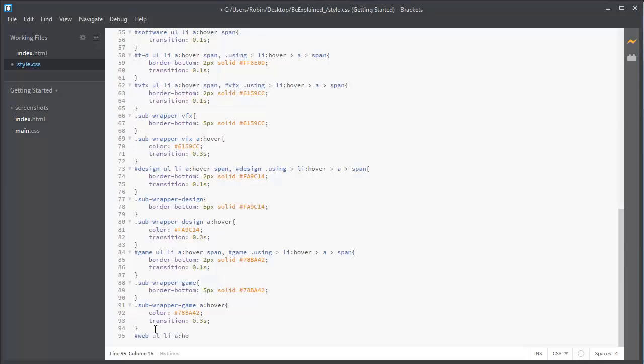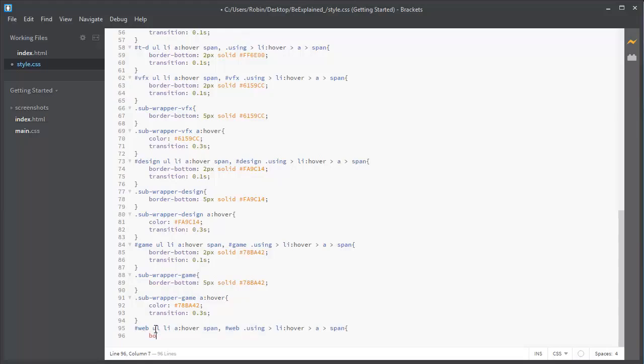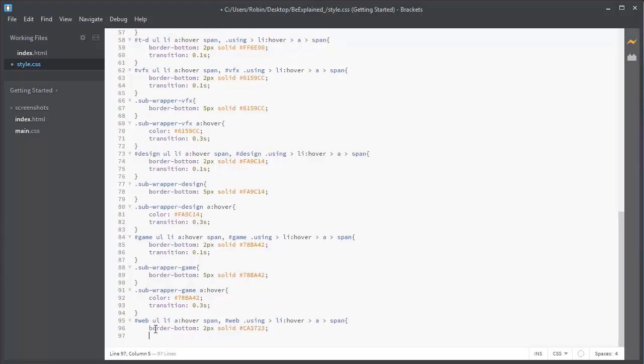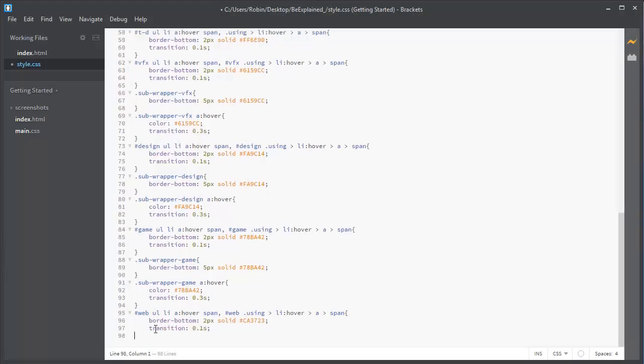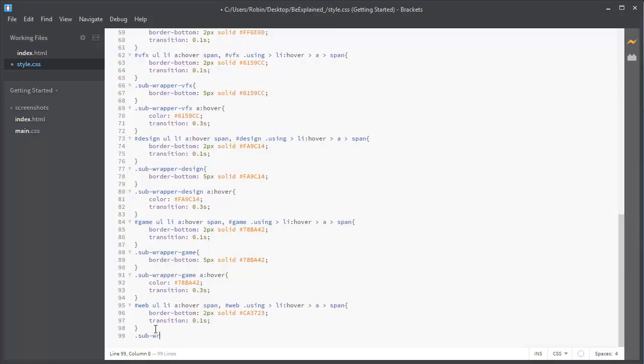And after this I am now styling the web category. So when we hover on the anchor tag and when we hover on the list items of web inside the class, all the changes apply to the span tag, with border bottom 2 pixel solid #CA3723. Also apply some transition of 0.1 second,